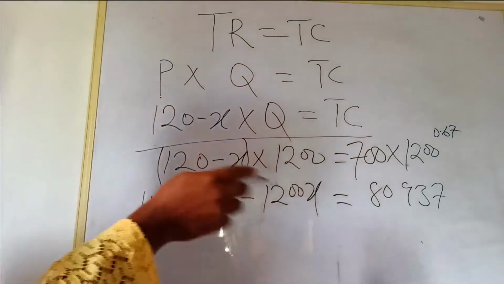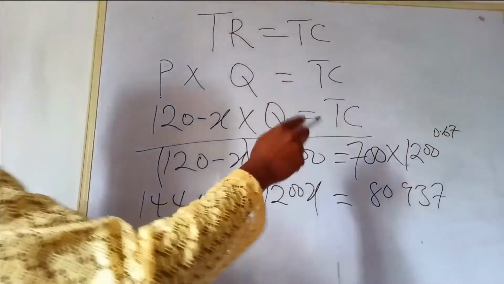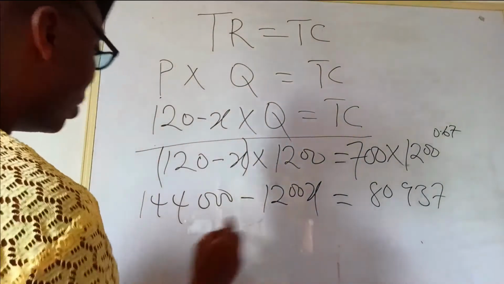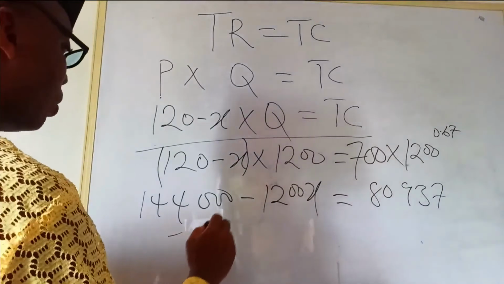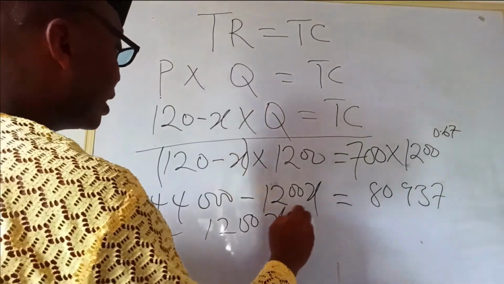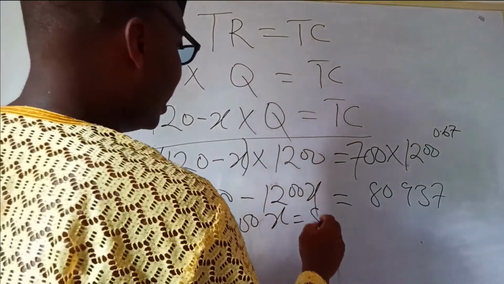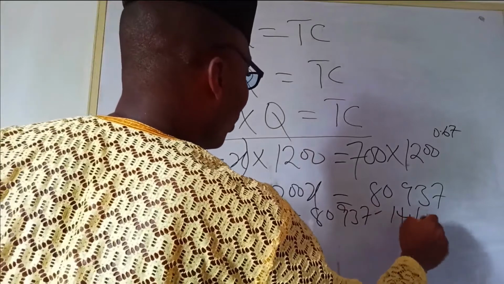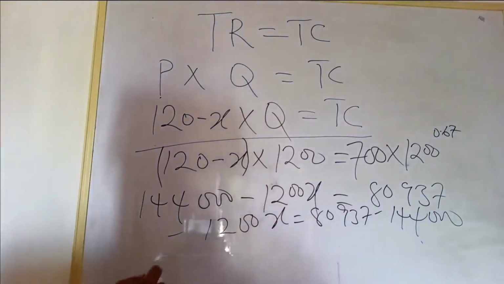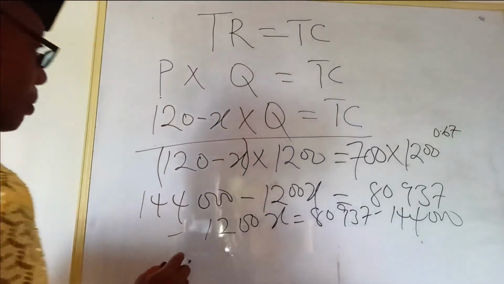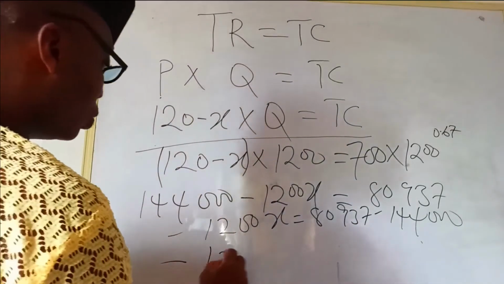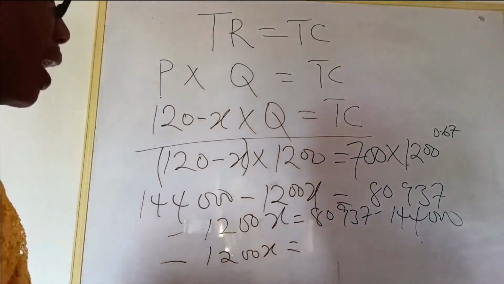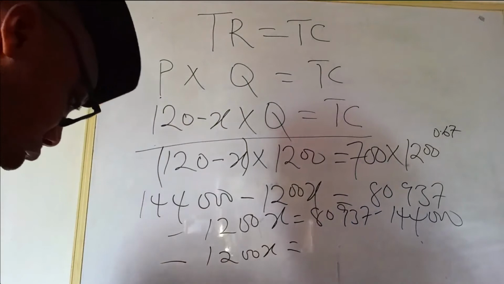We had that when the output was 1,200. That was the cost function then. So when you pick like terms, when this goes here, you have minus 1,200x equals 8937 minus 144,000. Here you have minus 1,200x equals, when you take 80,000 from 144,000, is going to give you,